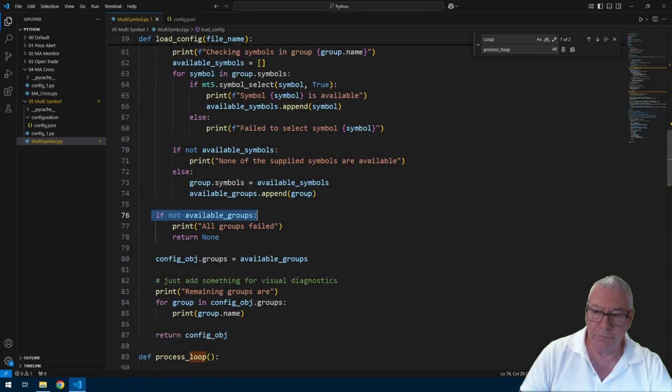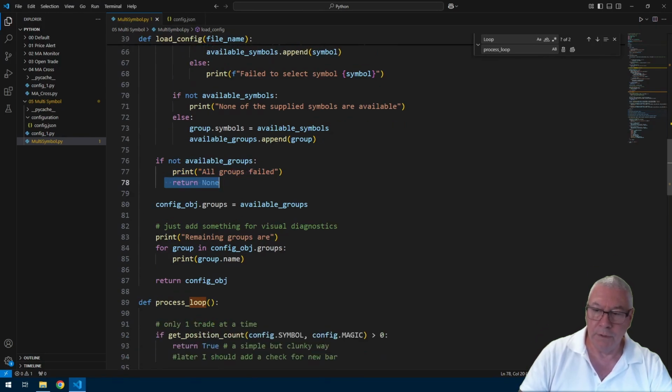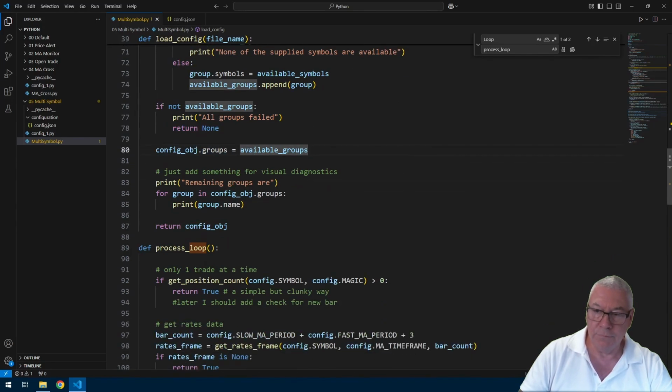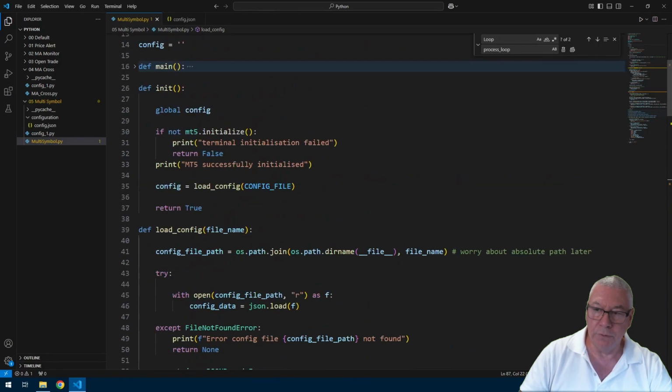So then I get this if not available groups, print all groups failed and return none. So a simple loop within a loop, and then I reassign that available groups to the config obj groups. And then just for diagnostics, I'm going through a loop here where I'm printing each group in config obj groups. I'm printing group name, and then I just return that config obj, which brings me back up to here, and